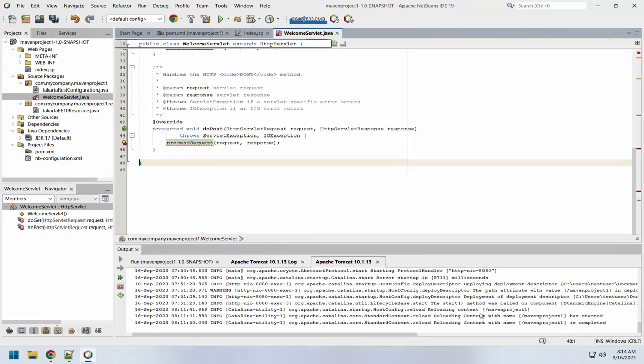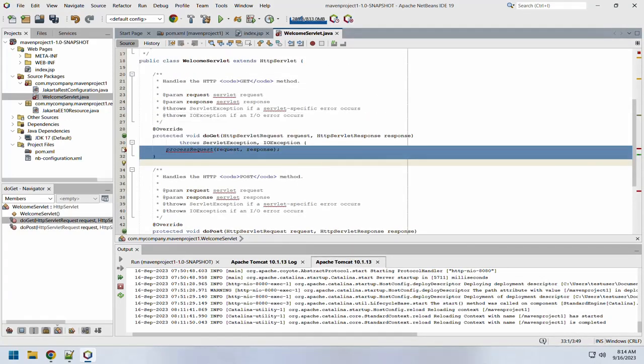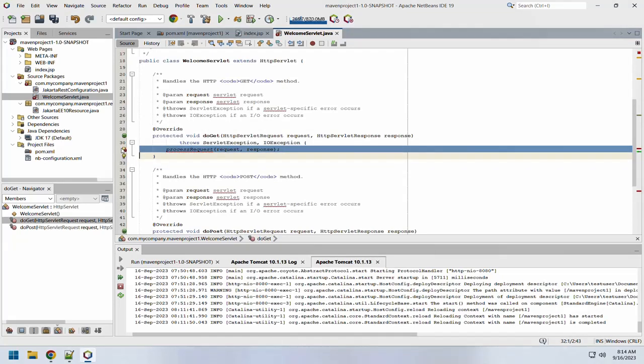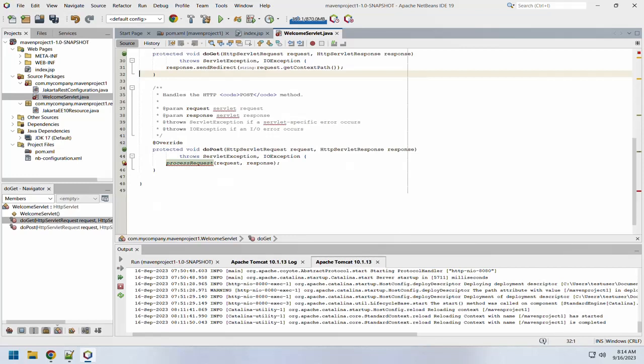So for our doGet method, I just want it to redirect to the index.jsp file, which is going to be our home page. So this is the way you would do that. response.sendRedirect and then request.getContextPath. And with our doPost,